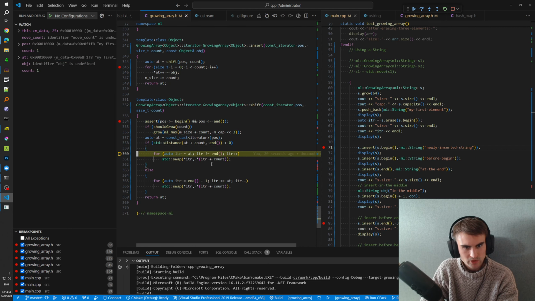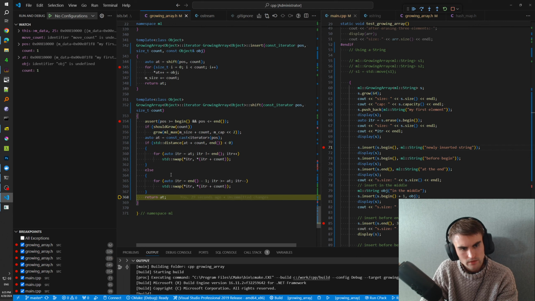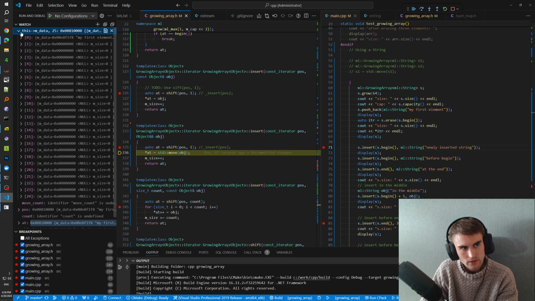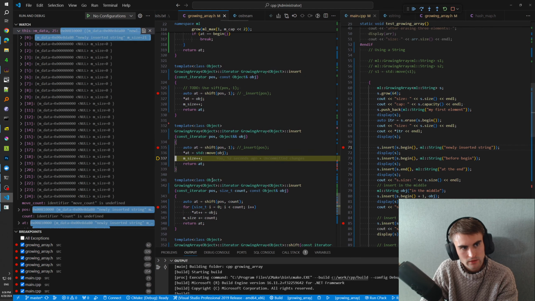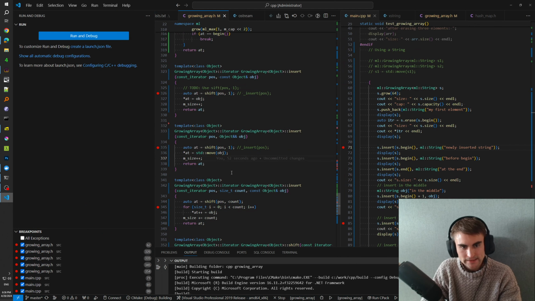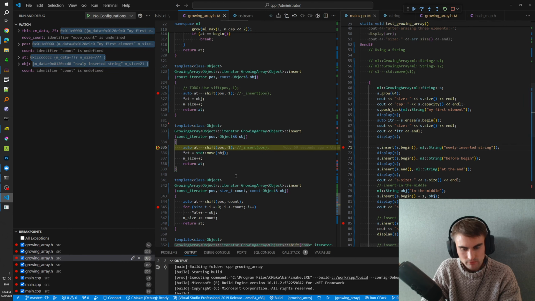So let's see, we compute the distance, and the distance is negative, which is alright. So we start from, okay, we don't move any elements. No, that's not correct, because we're just overwriting the string. It's not correct. So let me go through it again and see what holds us from receiving what we